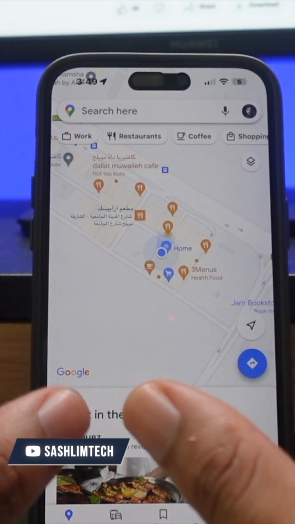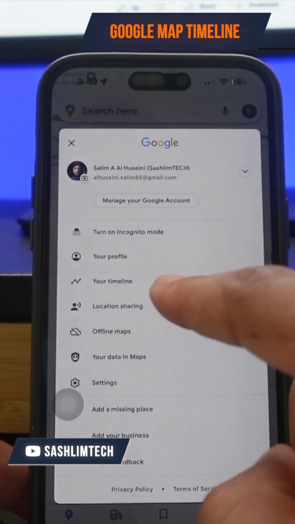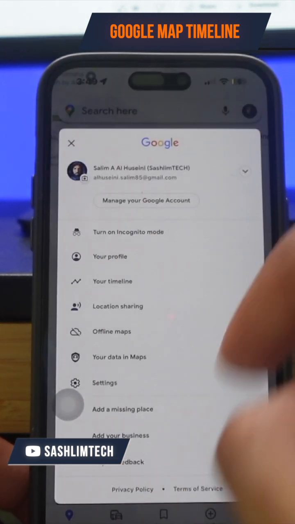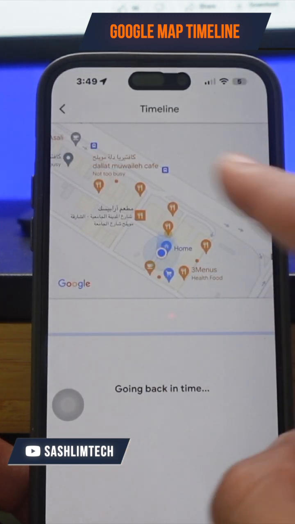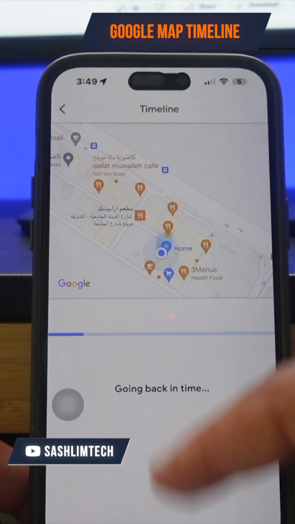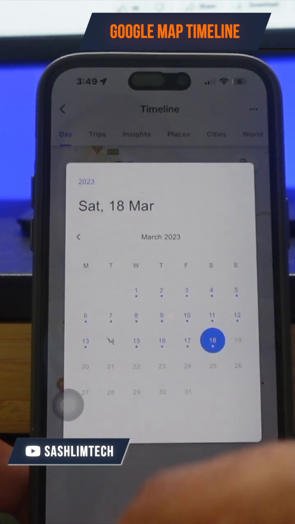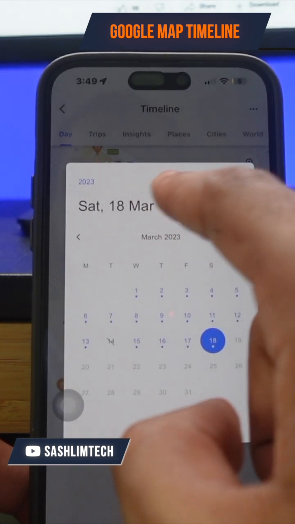So you open Google Maps first, and then you press the profile, and then you're going to see your Timeline here. Sorry, going back again: Timeline, your Timeline. Here it will load, and then you can choose which date. For example, I'm going to choose